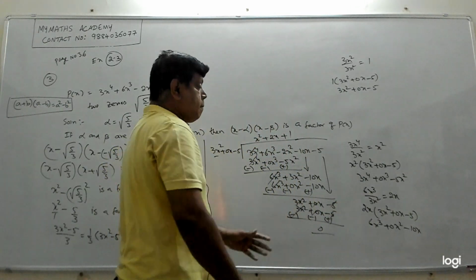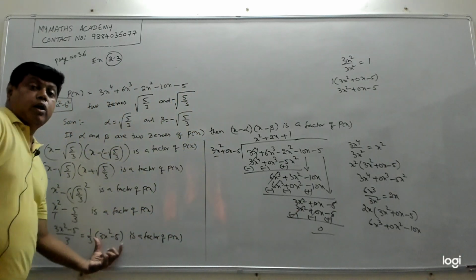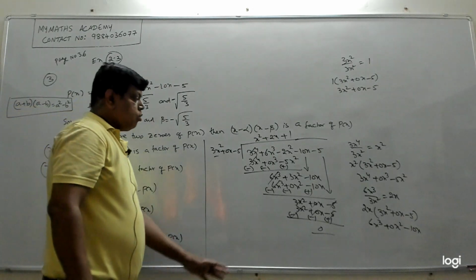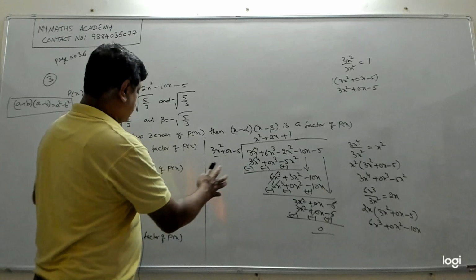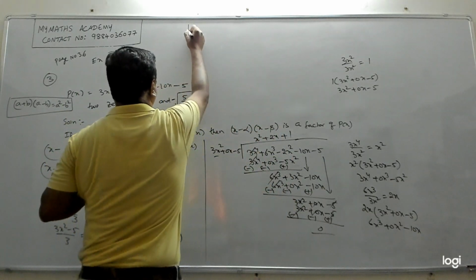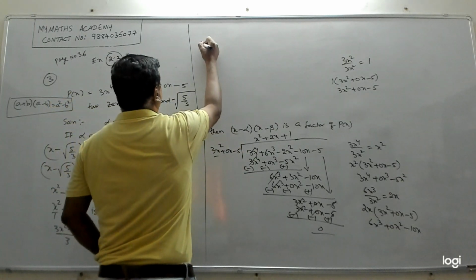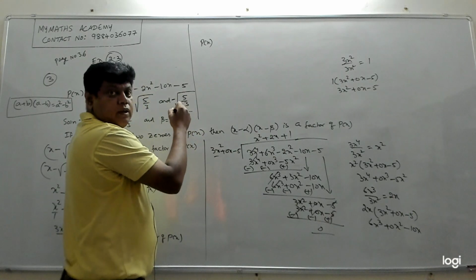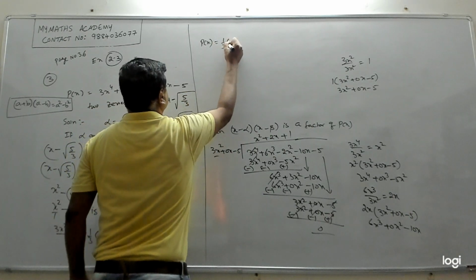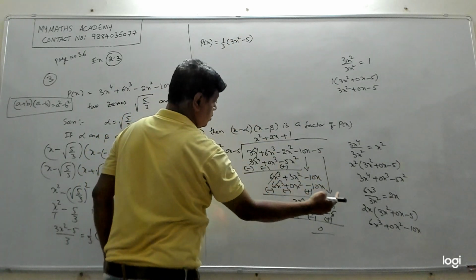Remember I told you, you must get the remainder as 0, because 3x² − 5 is a factor of p(x). Factor means the remainder becomes 0. After this, I'm writing the continuation here. Please don't get confused. The continuation of this is that the given polynomial p(x) is written as this one, 1/3 of (3x² − 5) into